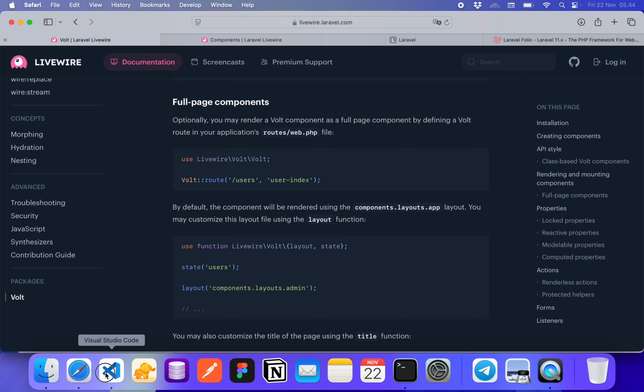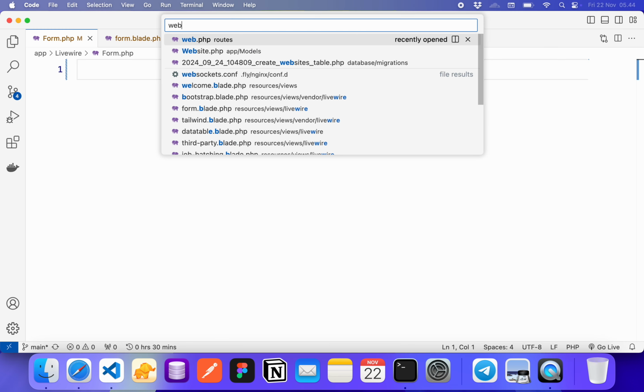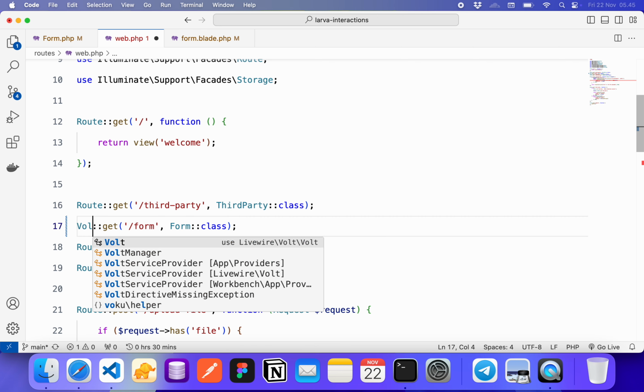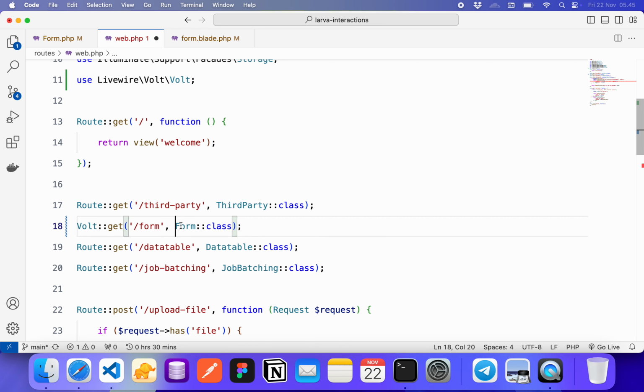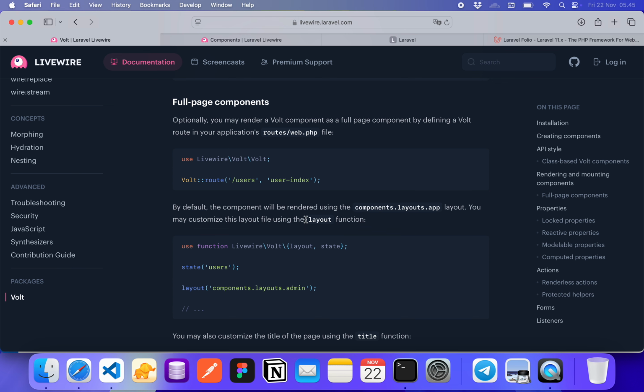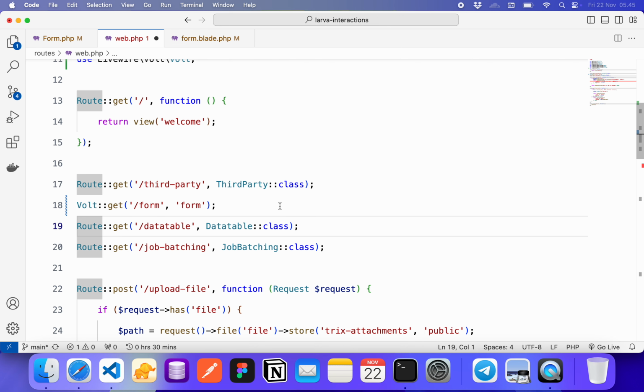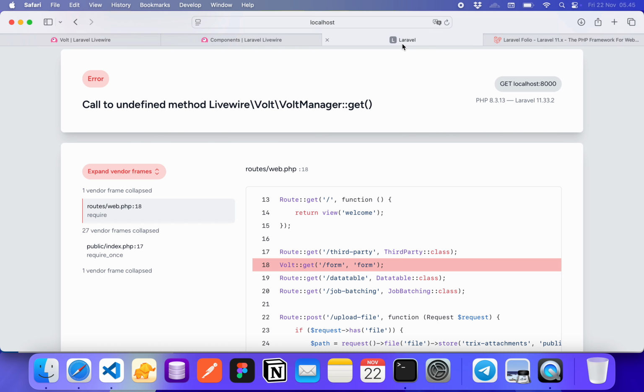Okay, so let's do that. Go to web routes and then change it to Volt::route, get form, and then I just call the form component, which is form.